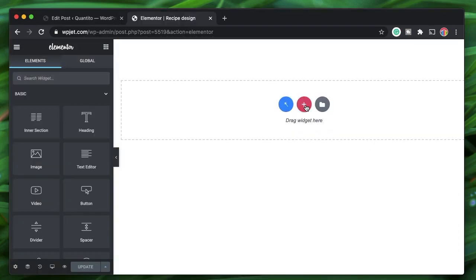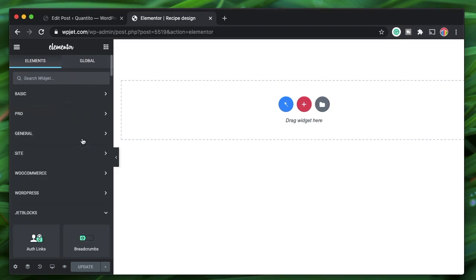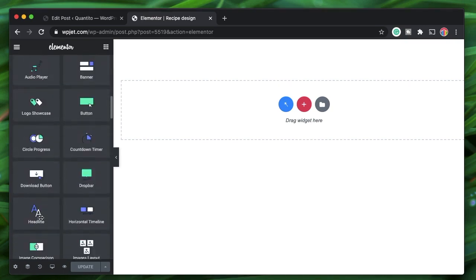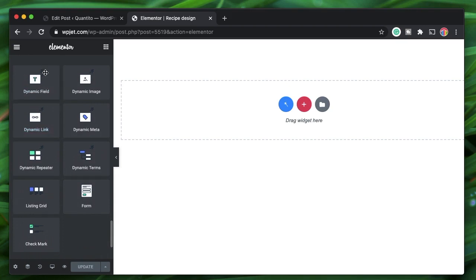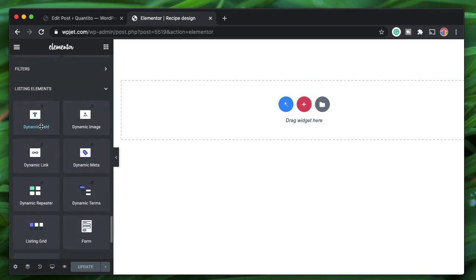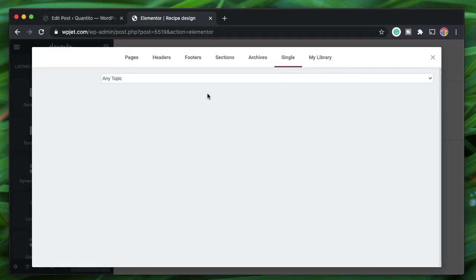Now you can start creating the sections and the widgets that you need to use in the single post template. They are provided by JetEngine, and they're basically called listing elements. At the bottom of the page, you'll find these listing elements. Dynamic field will pull up fields, dynamic image, of course, the image, and so on, right? Based on the kind of field that you have, you can use different things to pull up different kinds of data. Now you can start from scratch, or you can click this magic button,